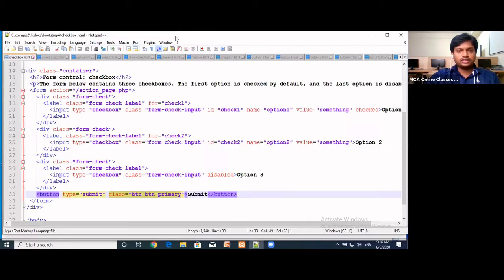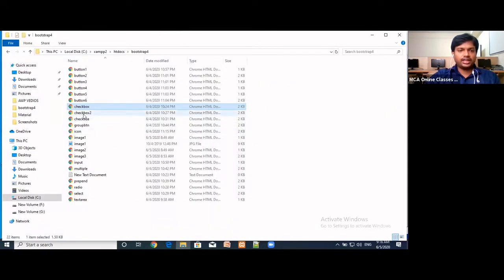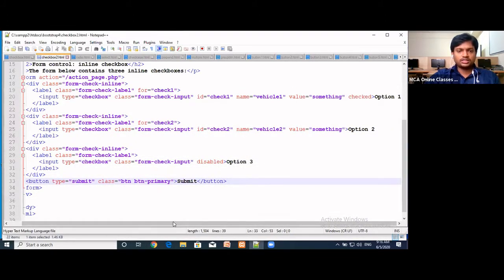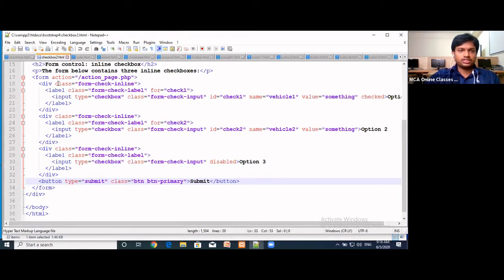The inline class helps us make all the options appear in the same line. So this is one more class. Here we just need to add this form-check-inline class, and it will make all these checkboxes appear in the same line.